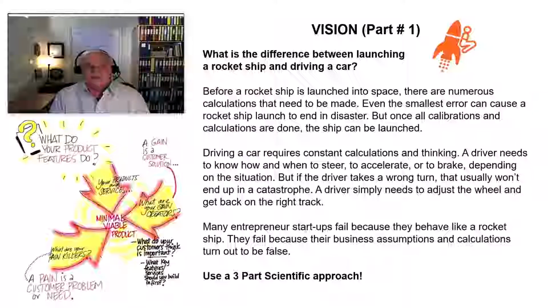And in vision, he talks about the difference between two different philosophies, one being a rocket ship. A rocket ship is launched into space. There are all these course corrections. Everything is programmed in. It's from a philosophy of a startup. It is already pre-programmed to succeed, and then you hit a switch, the rocket takes off, and as long as everything was set up correct, it will make it to where you want it to go. But even the smallest error anywhere can cause that rocket ship to have an accident.